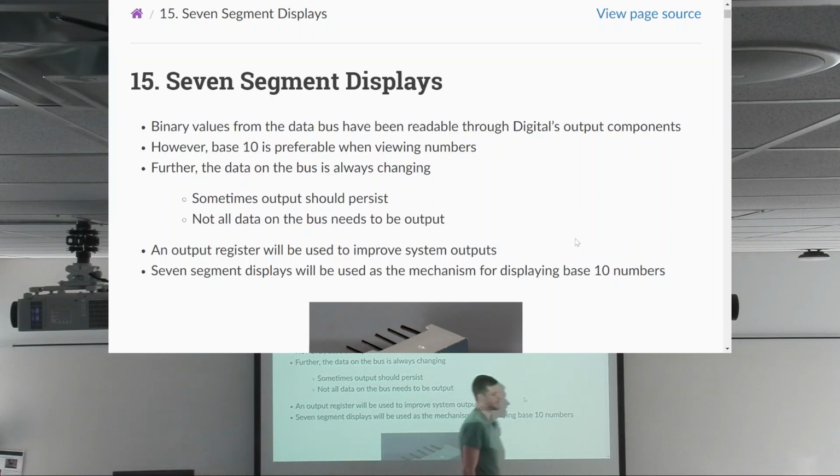So we want to be able to output. There's two problems we want to solve here. One of the problems is the binary. We want to be able to look at a decimal, a base 10 number, because it's easier. So that's one of the problems. The other problem is